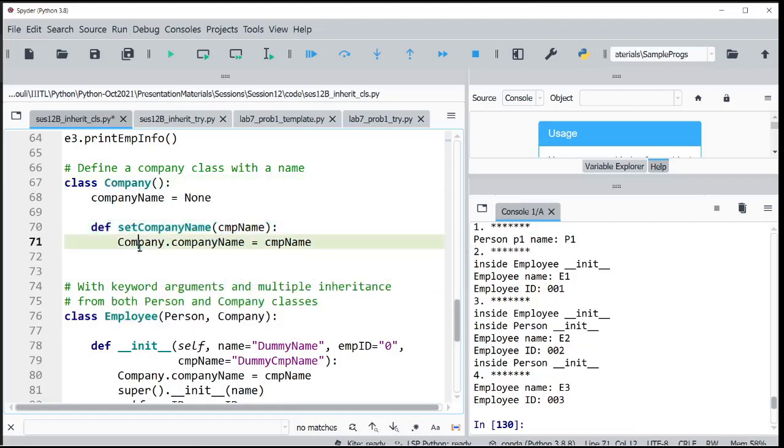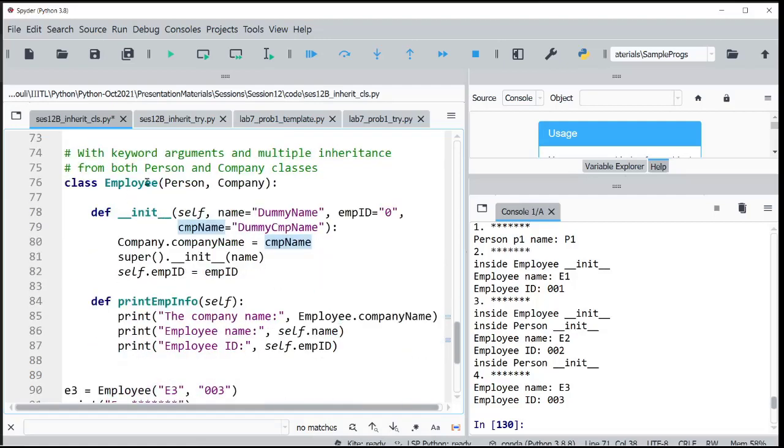This is part of this class, and then I'm passing the company name. There is no self here, and I'm accessing it with the company, and then its class variable and assigning the value. Okay. Now I'm doing a multiple inheritance like what I showed you, person and company, and then I'm introducing you these dummy variables,